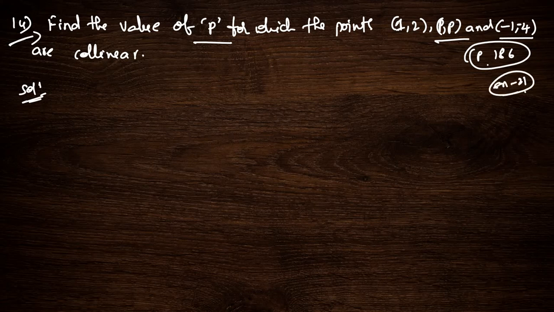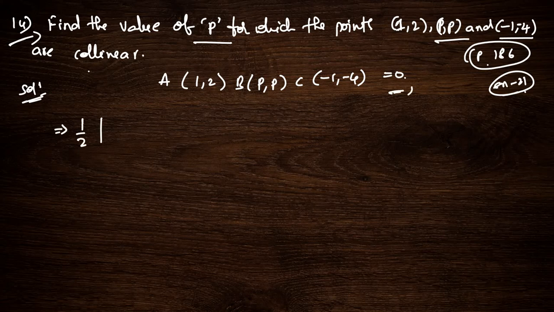Okay, now here, if we have to show collinear, we can do it with the area of triangle formula. So A is 1 comma 2, B is p comma p, and C is minus 1 comma minus 4 here. If the area of the triangle is 0, we'll get the p value. If collinear, it will become 0. So 1 by 2 into the mod of this: x1 y1, x2 y2 and x3 y3. So mod of x1 into,